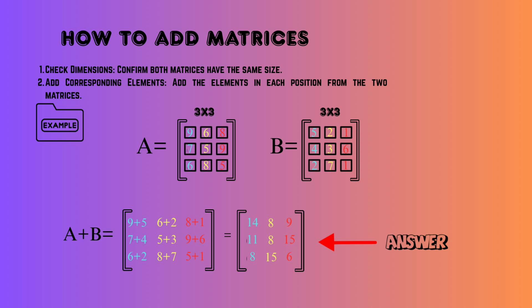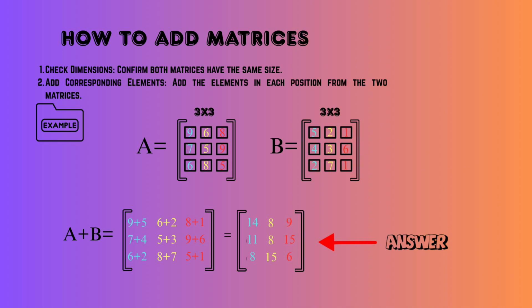Now, I will show you how to add matrices. First, check dimensions. Confirm both matrices have the same size. Second, add corresponding elements. Add the elements in each position from the two matrices. So we have here 9 plus 5 from the first row and first column of the two matrices, and 6 plus 2 from the first row and second column, and 8 plus 1, 7 plus 4